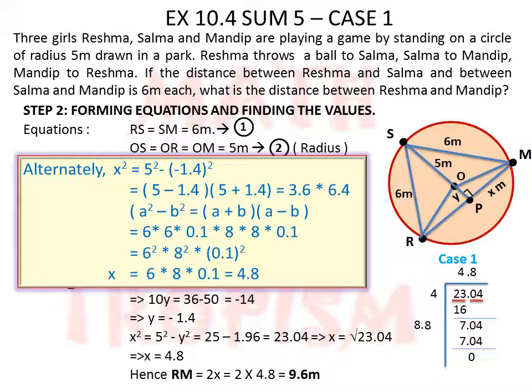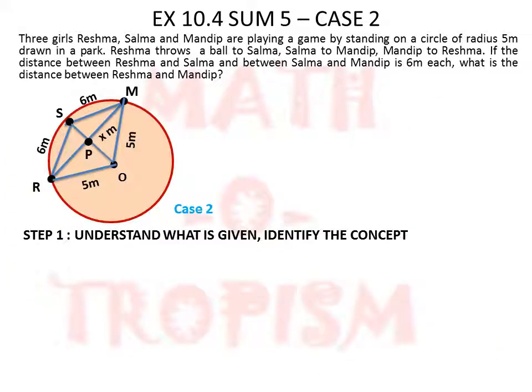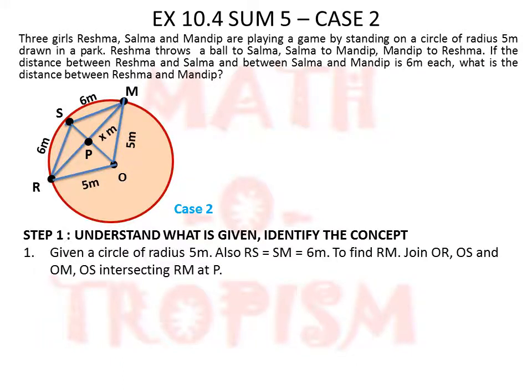So this is the method in which we have used Pythagoras theorem. If you want to know more about the long division method, you can see the video which I have given in the description, as well as the one which I am showing you now. So now we will continue with the case 2, where we had drawn RM well between O and S.